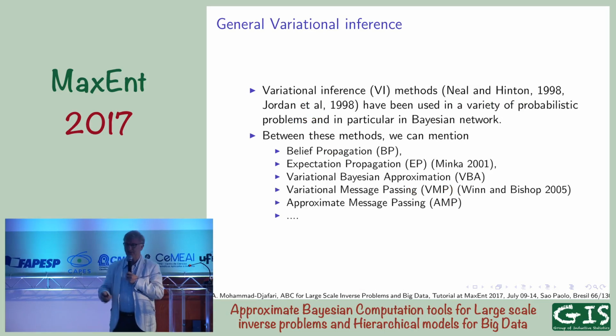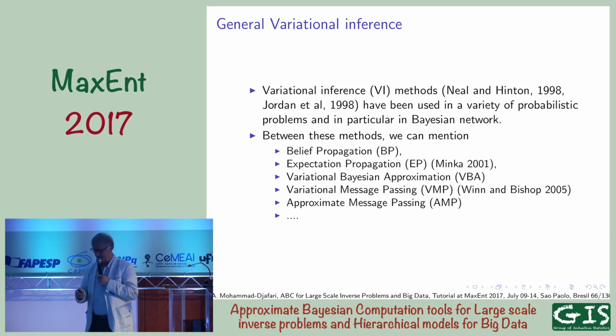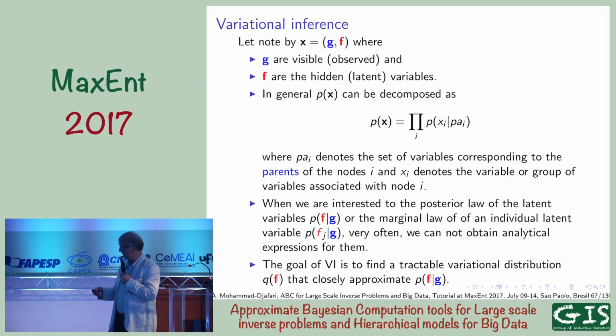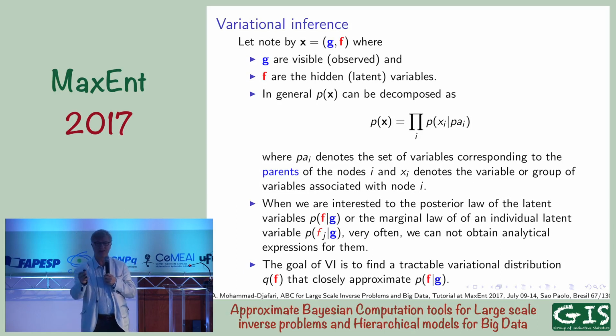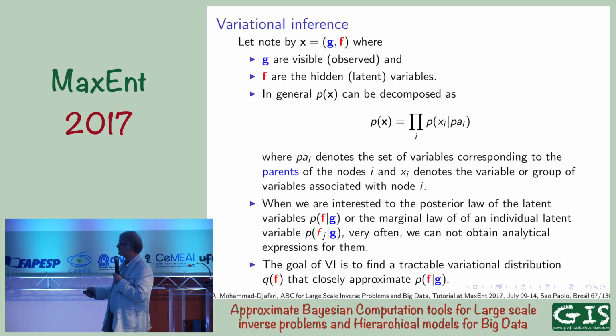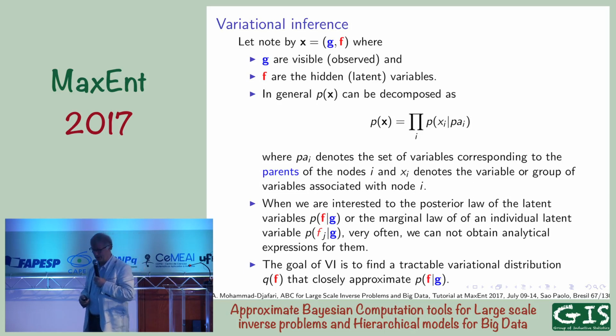Okay, let me give some references and a little more about the main part of the general variational inference. The main idea is, as I hope that this is not difficult for you, sometimes I have used D and theta, and sometimes I have used G and F, depending on the different applications, but all the equations are the same. Just the notations are slightly different. The main idea is, okay, we have data. We have the hidden variables f, and if we call both these x, just to write the things easily, the main idea is that